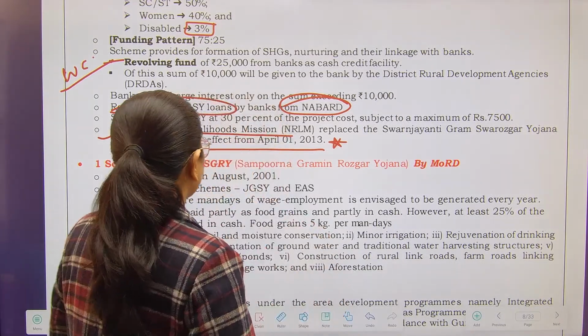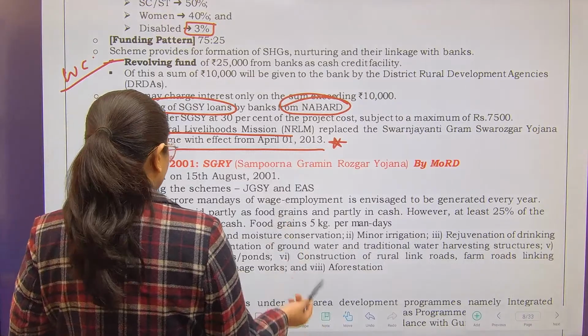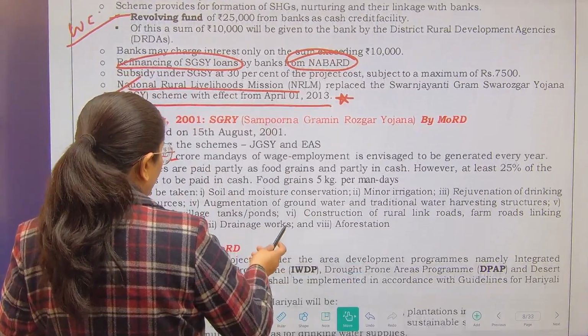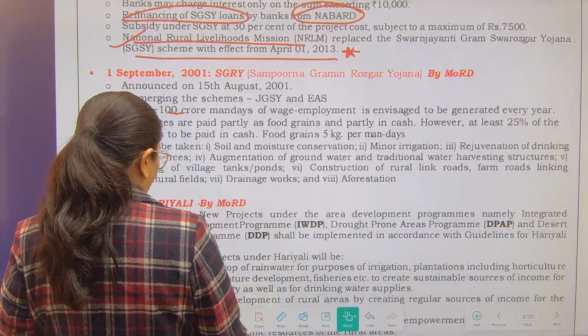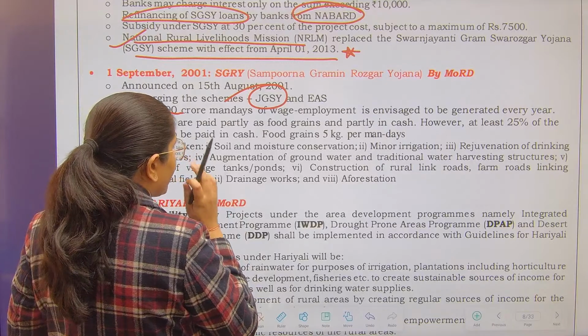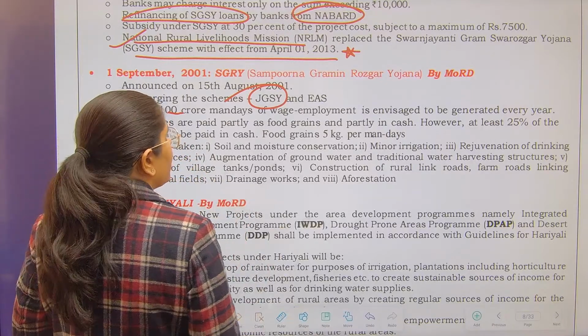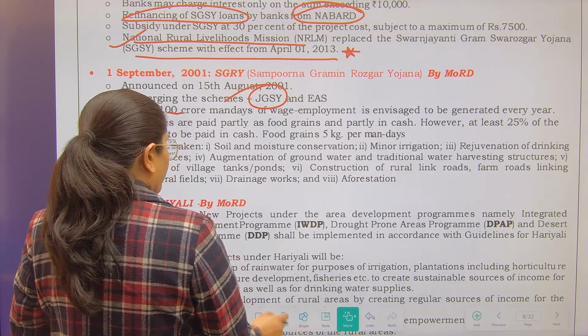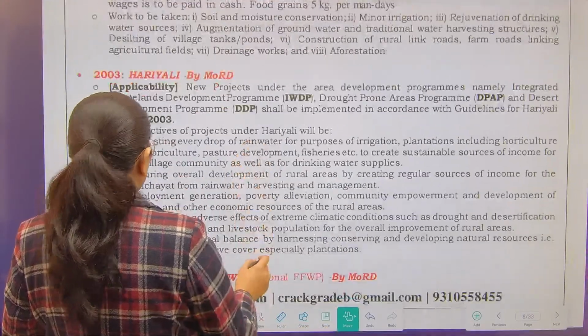Now next is Sampurn Grameen Swarojgar Yojna. This has been formed by your Jawahar Grameen Rozgar Yojna as well as Employment Assurance Scheme. Sum up of both of these, you can do it on your own. Next is in 2003,